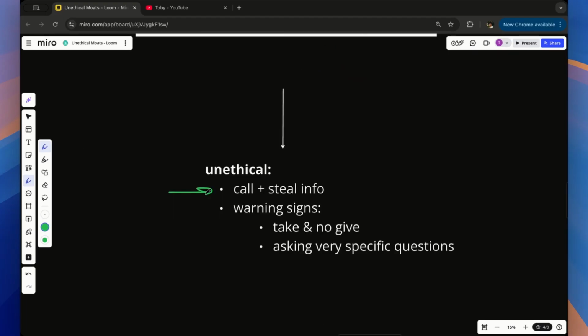Now, an unethical thing that I want to talk about here that has actually happened to me is people hopping in calls and stealing info from you. So I want you to be aware of that, because this can happen in this space. Someone will be like, yo, we should connect, we should talk. And then they hop in the call and they just pester you with a ton of really personal questions, like, how much money do you make? What are strategies you know? How did you learn? Why did this video go viral?